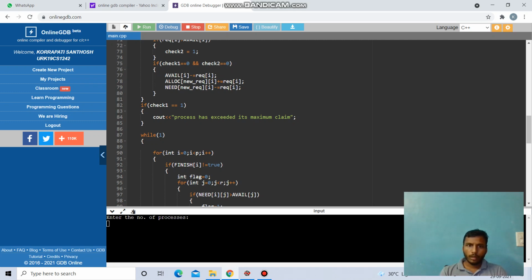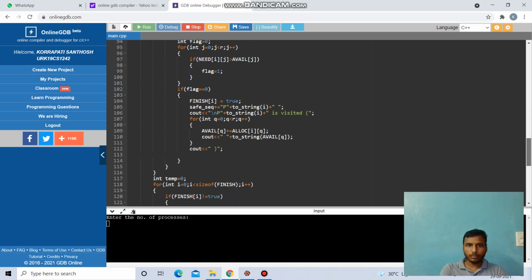While 1, for int i = 0, i < p, i++, if finish[i] is equal to true, then int flag = 0. For int j = 0, j < r, j++, then if need[i][j] is greater than available[j], then flag = 0, finish is true, then save sequence to the string,